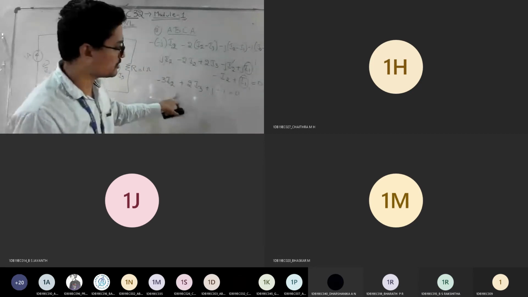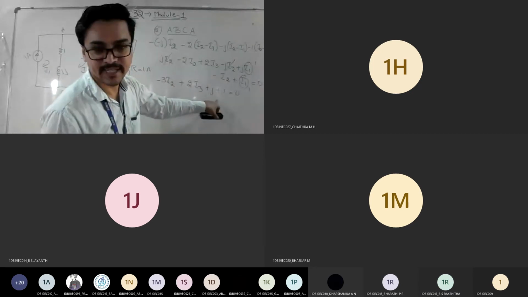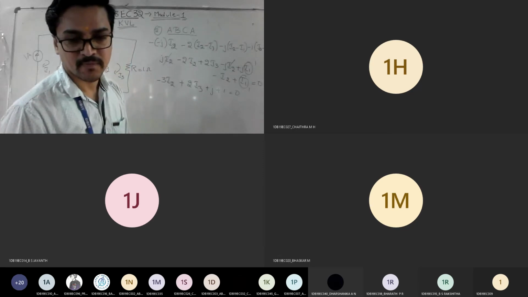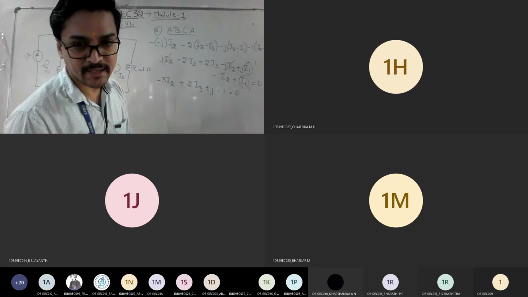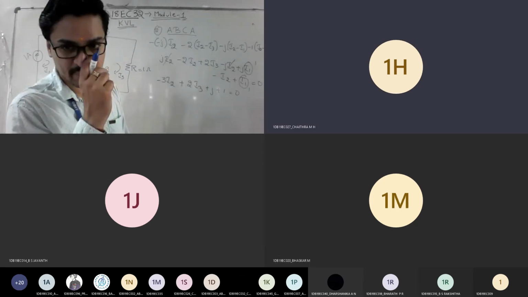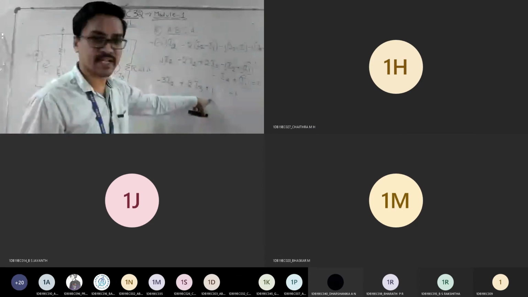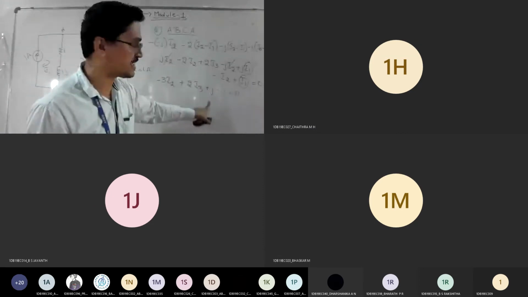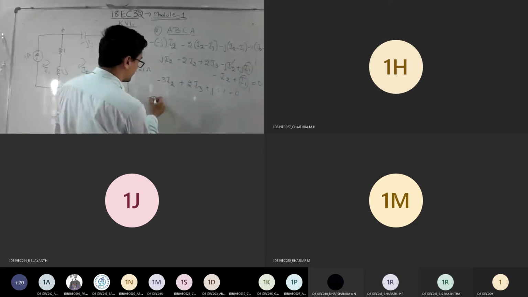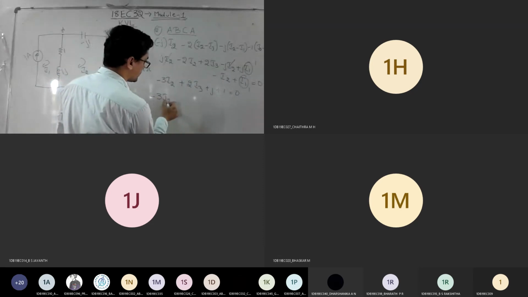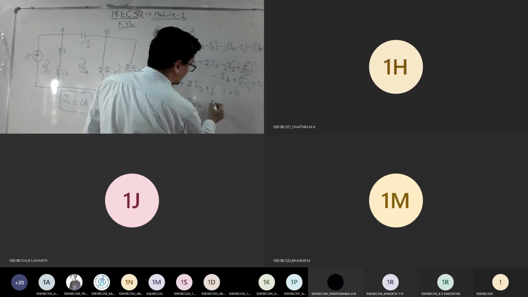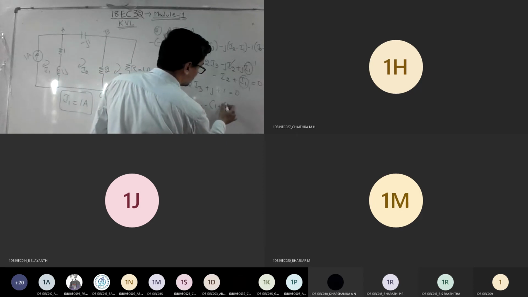So now you can look at this. I1 is not there, but you have j and 1. So what can I treat? Can I treat this j and 1 as a constant term together? Yes, sir. So that is the one change you should be aware of. You should not take j here itself because this acts like a constant. So if I push that side, everything becomes minus. So just check, can I write the equation this way? Minus 3 I2 plus 2 I3 is equal to, if I take minus common,